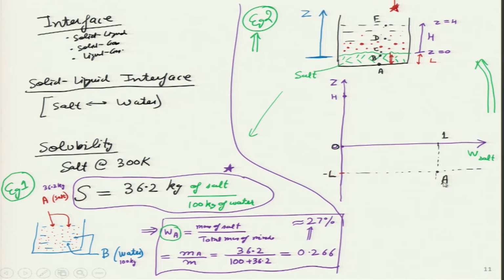I know that at point A, I am at the minus L location. I know the mass fraction at point A: mass fraction equals 1. So, I can write it even over here, that W A in my example number 2 is equal to 1, is it not? So this first point is clear.